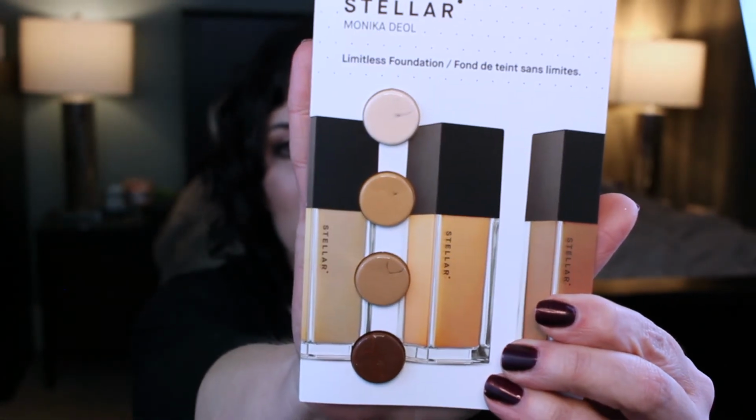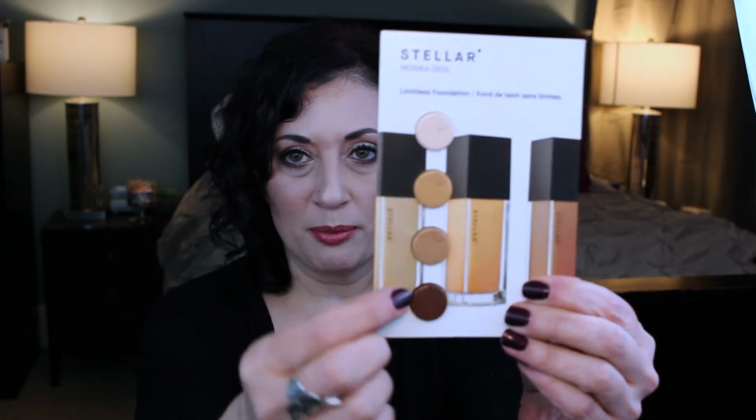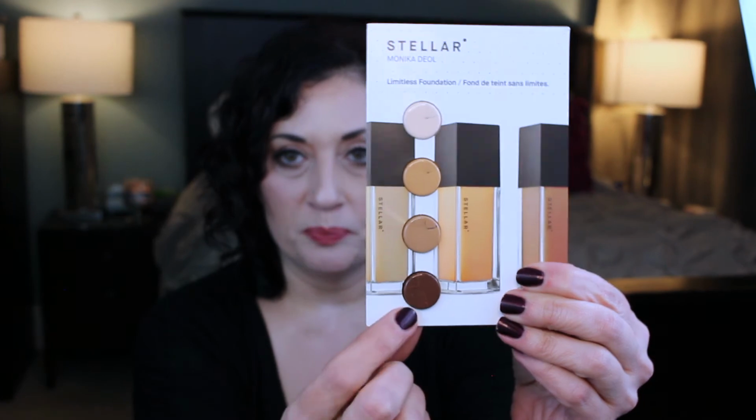So the next one is this Stellar Limitless Foundation. So I will probably pick the lightest one. And to be honest, I'll probably end up getting rid of this one. This is just absolutely not my shade. I can mix these two, and I could probably mix this one as well, but I will gift this. I'll work on that lighter shade. Oh, dip brow. Okay, so the next one is this Clinique ID Dramatically Different Moisturizing Lotion plus Emulsion